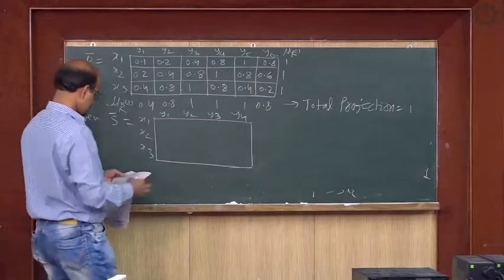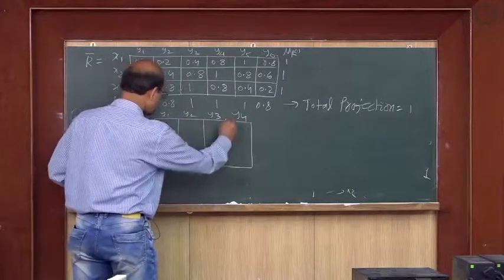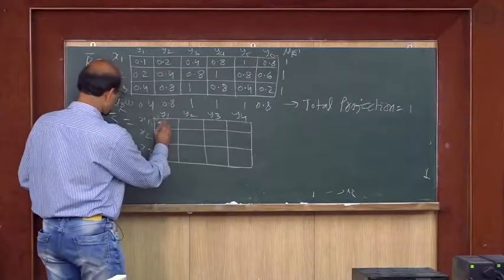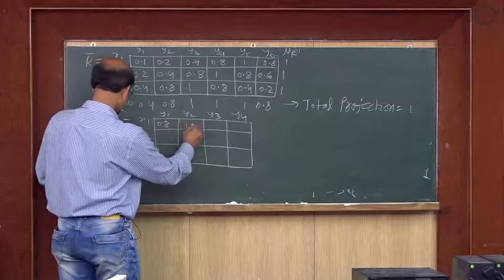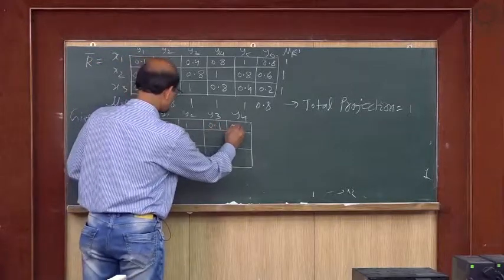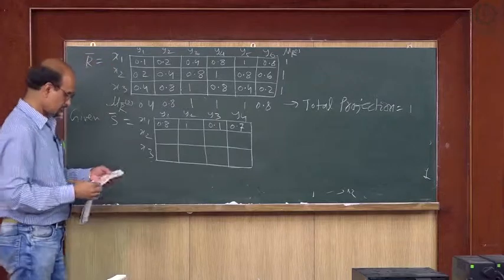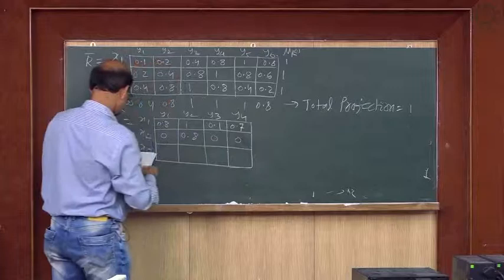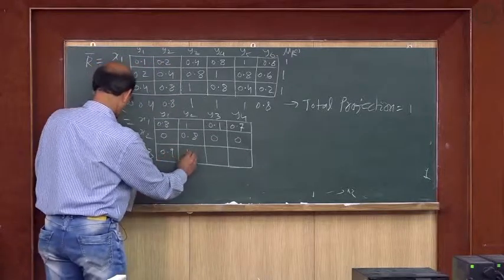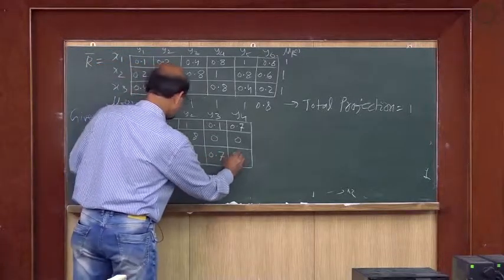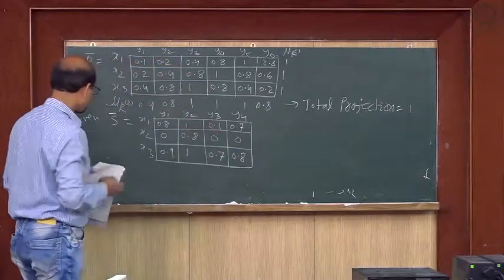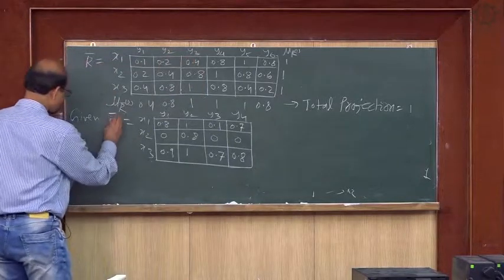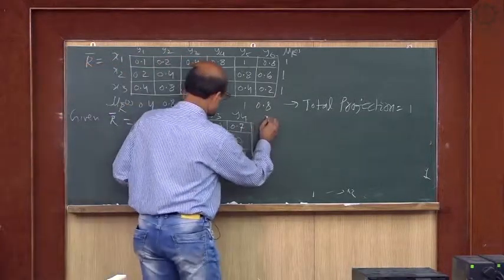These are given as 0.8, 1, 0.1, 0.7 in the first row, 0, 0.8, 0, 0 in the second row, and 0.9, 1, 0.7, 0.8 in the third. So, this is R bar, or whatever you want to call it,